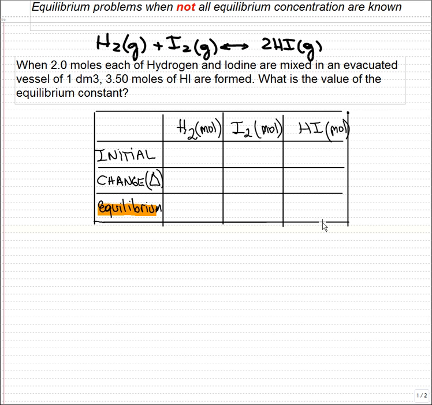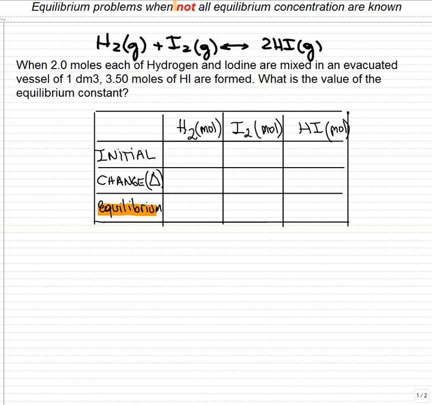Okay, we're going to resolve now an equilibrium problem when all the equilibriums are not known. So there are some of them that we don't know about the concentration in the equilibrium. We need to calculate that. Okay, so the problem says that we have hydrogen and iodide that react together to give us 2 moles of